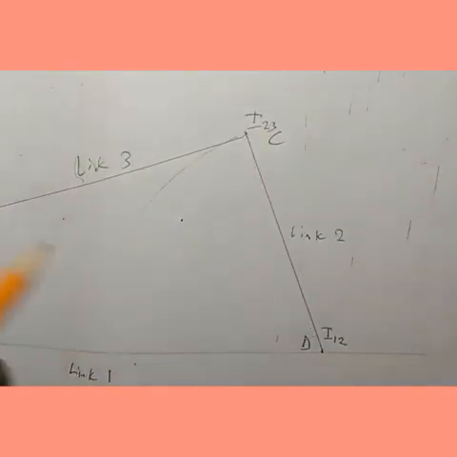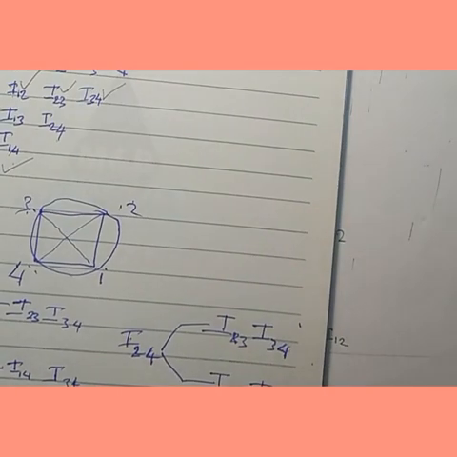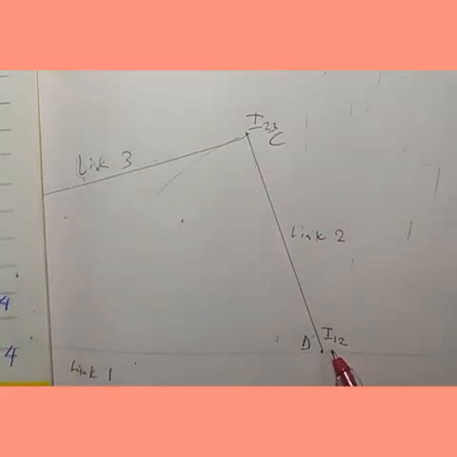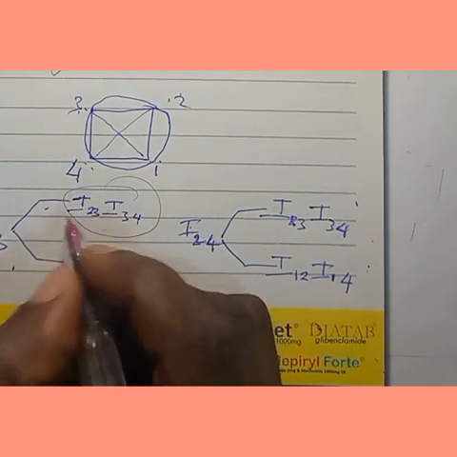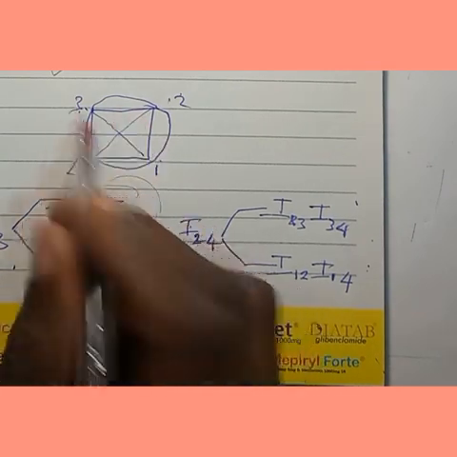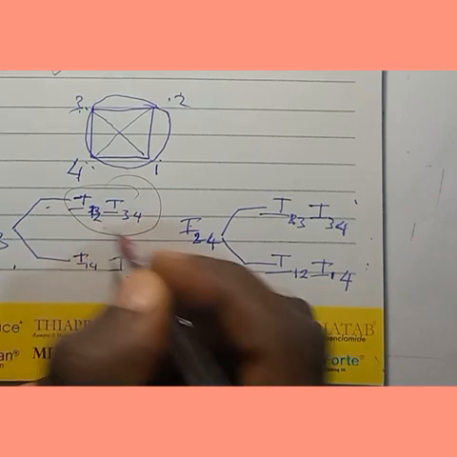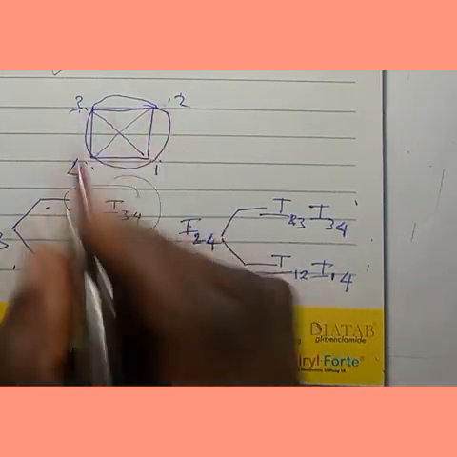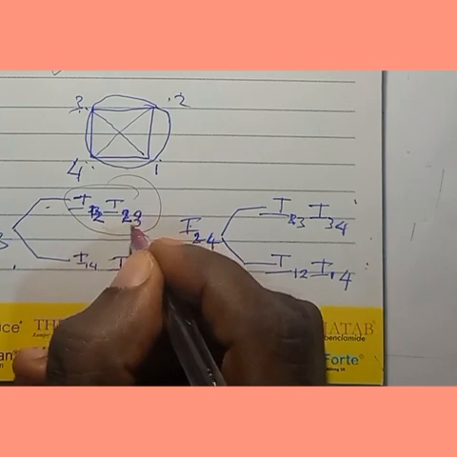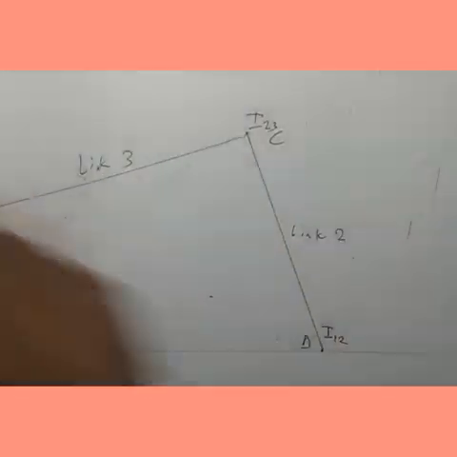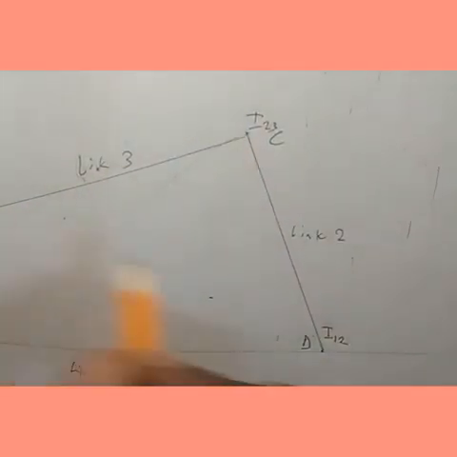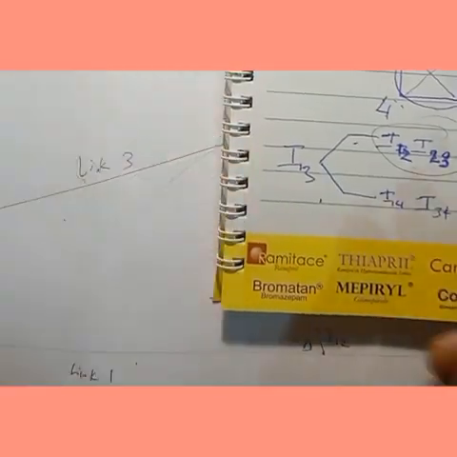So now, in order to locate our I13, we are going from 1 to 3, so it should be I12 here, and then 2, 3, I23. So this is I12, I23. So now locating it on your mechanism, you have I12